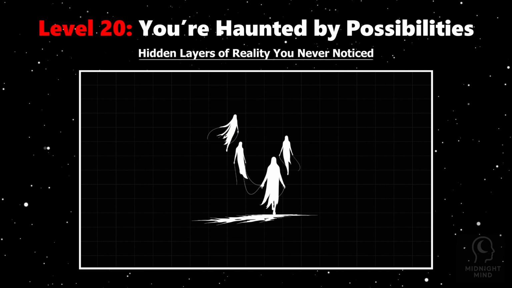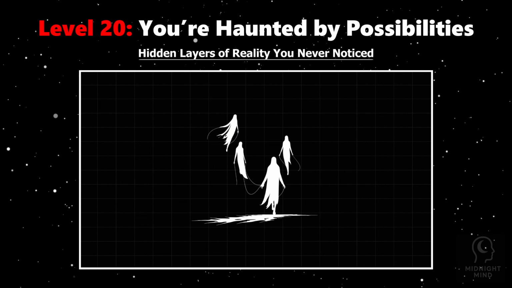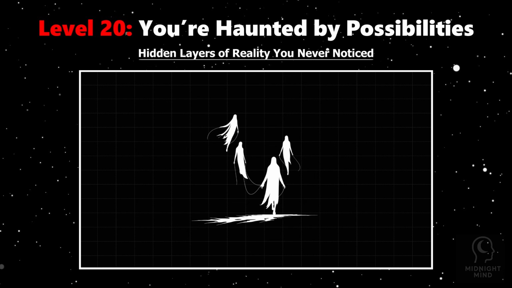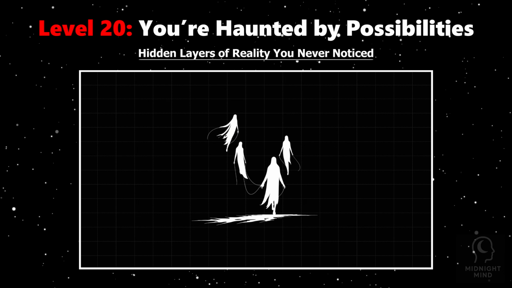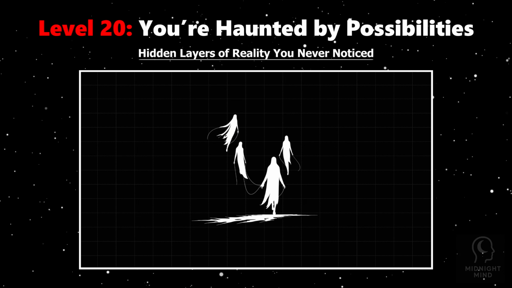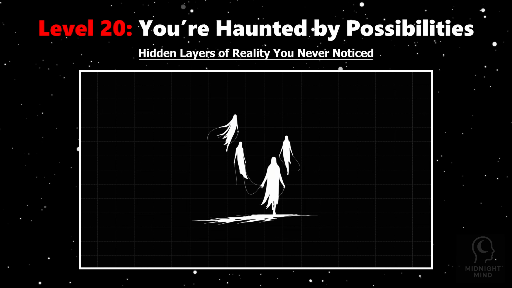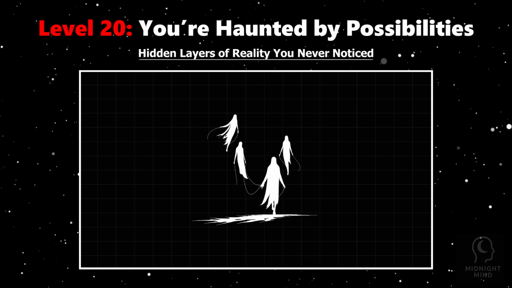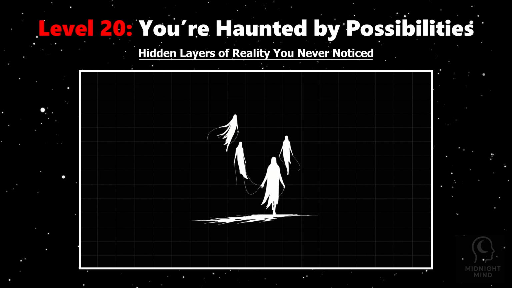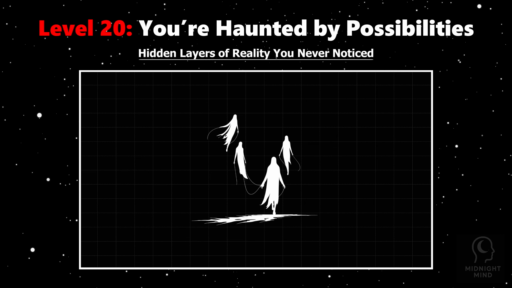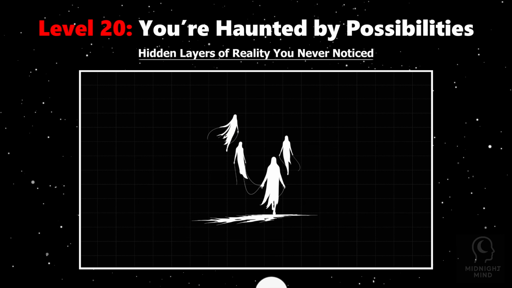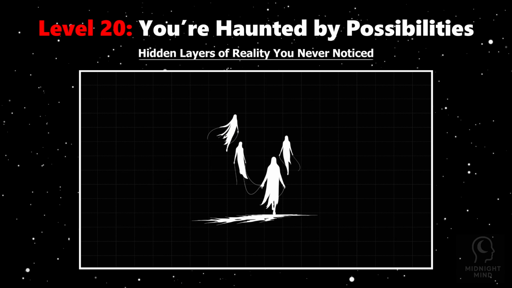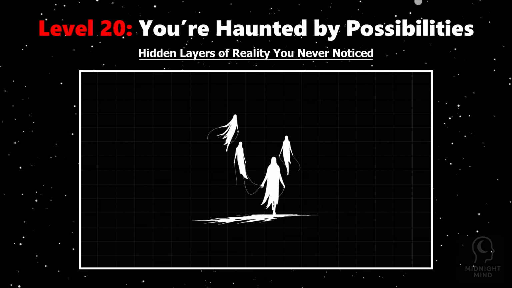For example, you might replay a missed opportunity or a harsh word, feeling sorrow not just for the event, but for the imagined selves who succeeded or acted differently. Psychologists call this counterfactual thinking, and it shapes identity by highlighting what you value and fear. Yet dwelling on these ghosts can trap you in cycles of rumination, blurring the line between reality and imagination. You aren't haunted by ghosts of the past, but by shadows of potential selves, endlessly replayed in your thoughts.